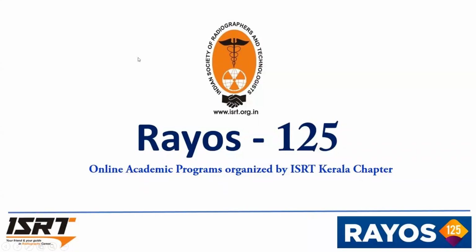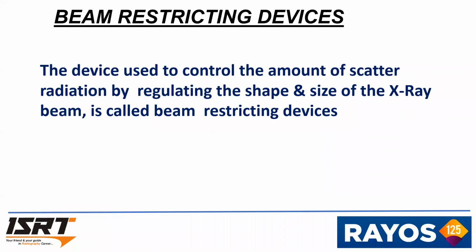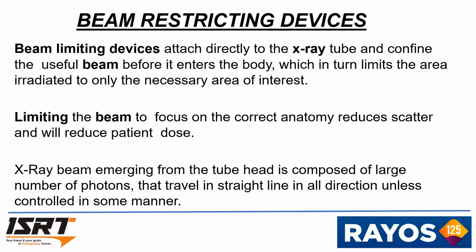Hi everyone. Today's RAYOS 125 topic is beam restricting devices. The device which is used to control the amount of scatter radiation by regulating the shape and size of the X-ray beam is basically called a beam restricting device. Beam limiting devices are directly attached to the X-ray tube and confine the useful beam before it enters the human body,